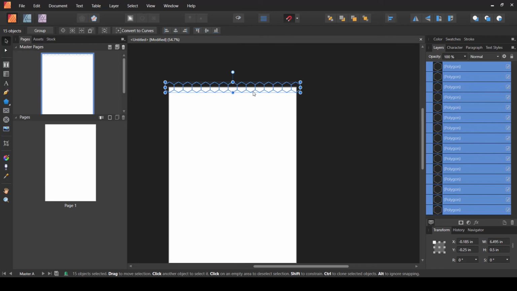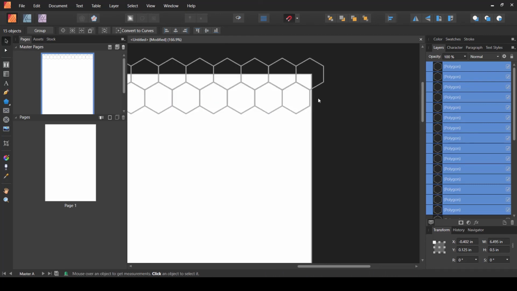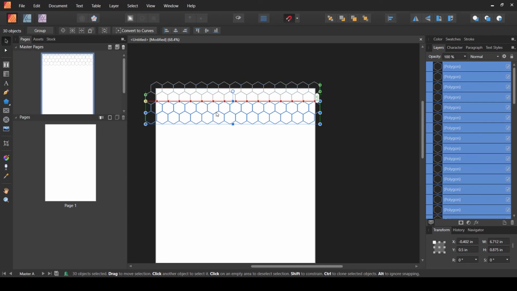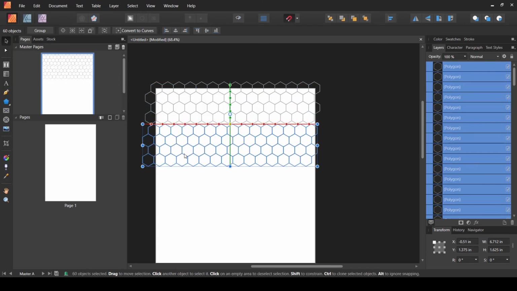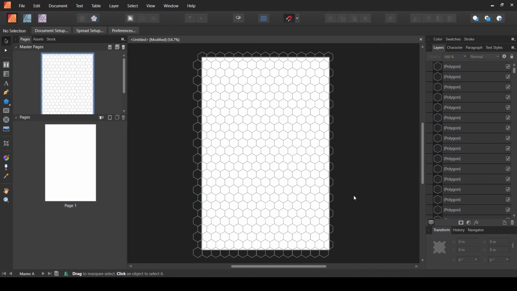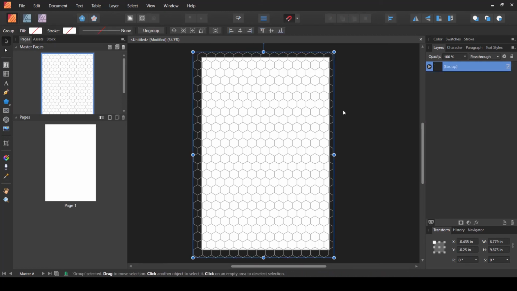Let's copy it again, paste it, and let's move it down, and let's try to snap it on this side as well. And that is why I would say it is easy to make it inside Affinity Publisher. Now let's select all of these, copy it again, and then place it down, and they are perfectly snapping. And from here it's all just about copying and placing it, and filling the whole page with the design element. Now once we are done with filling the whole page with this pattern, you can select all by pressing Ctrl A, then by pressing Ctrl G we can group them together.